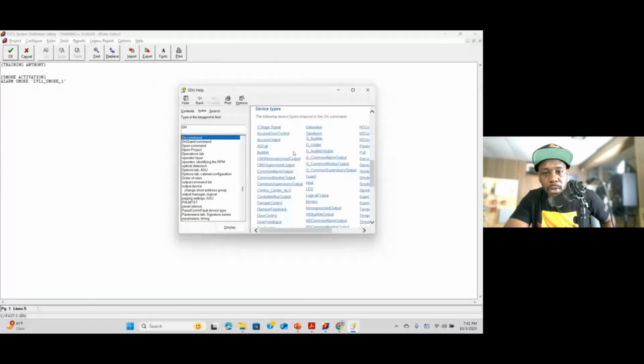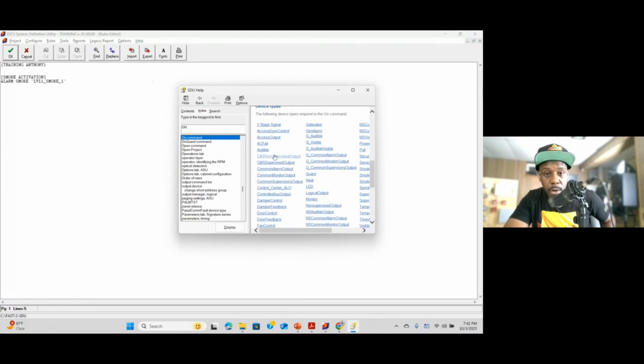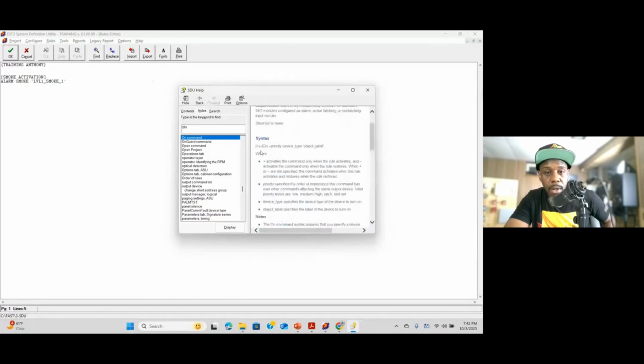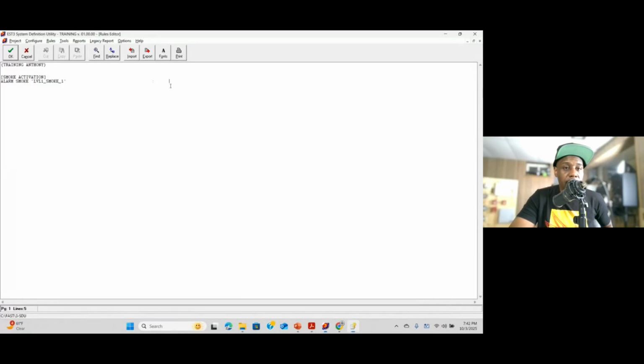So for the device types you could use on the output side, we could turn on audibles. We have audible right here. So we're going to go on the on command, which is after the semicolon. So we're going to go on audible. We have to put these quotations, or quotes, whatever that is. And then what did we write down? AUD underscore 1, then that quote again. Being that I want to check this, I'm going to end it with a semicolon. If I want to go on to the next rule, I'll use a comma, but I want to end it with a semicolon, and I want to save this, and then I want to compile this, right?